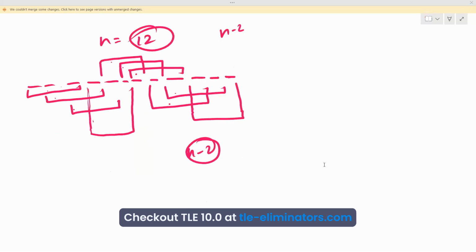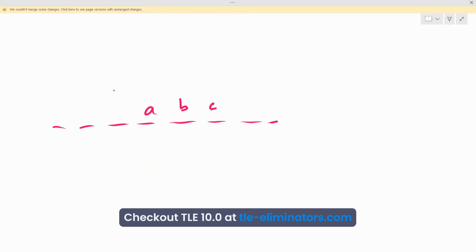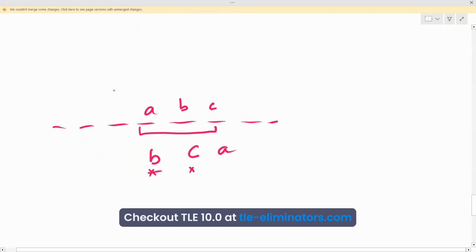Now, let's say I have A, B, C, all 3 different. Then if I apply a cyclic shift on this kind of substring, I'll get B, C, A. So these 3 positions have been changed, right? If these 3 positions have been changed, I know that this will contribute to a different string because